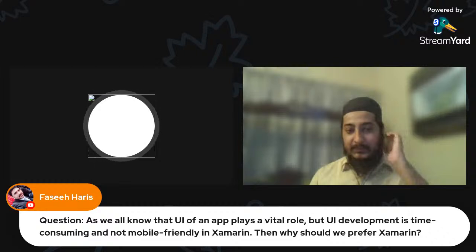If you take a good look at what sort of companies and applications have been using Xamarin, there are amazing organizations and amazing apps already using it, like UPS, Alaska Airlines, World Bank. These guys are using Xamarin apps.